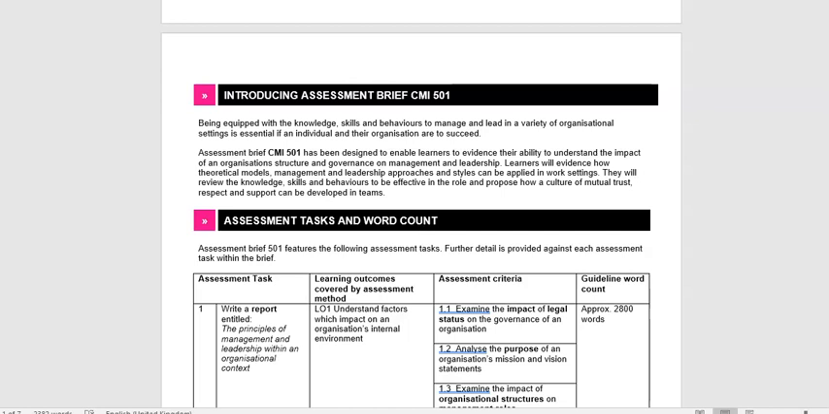In this section, I'll give you an outline of how to structure your assignment. This is applicable to all CMI Level 5 assessments, and I'll be using 501 as an example. So the introduction section, which we see here on page 2, directly relates to the module under consideration. This section makes it clear what differentiates the module. If you feel two modules are fairly similar in their contents, examining this section should help you appreciate where the